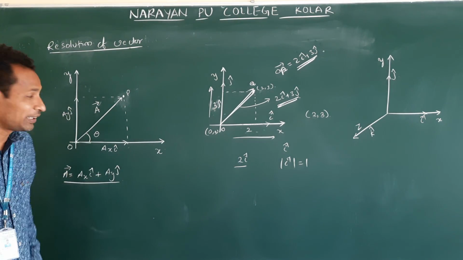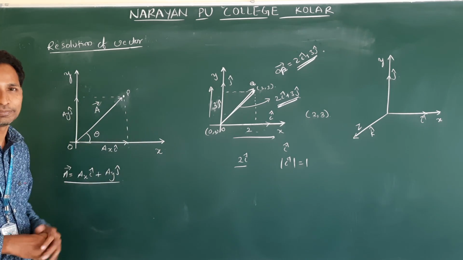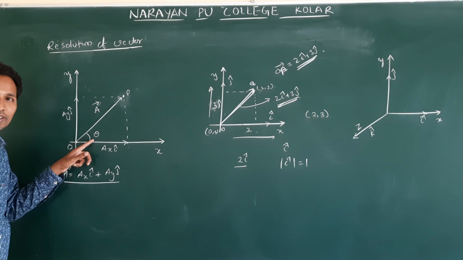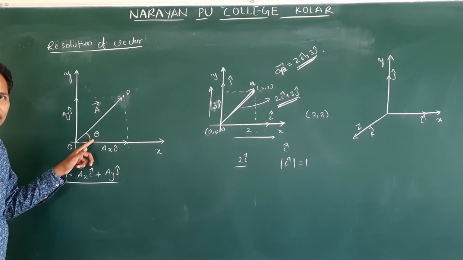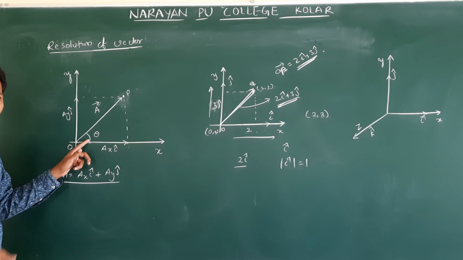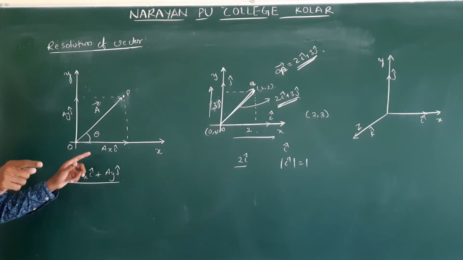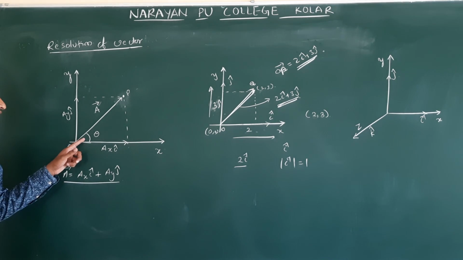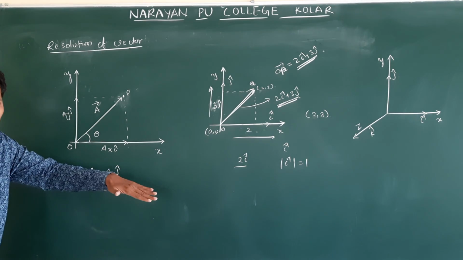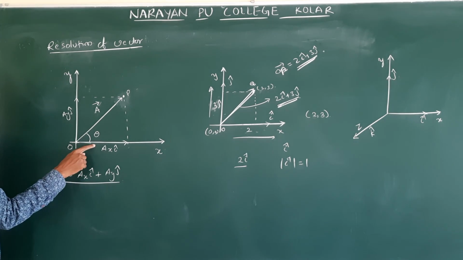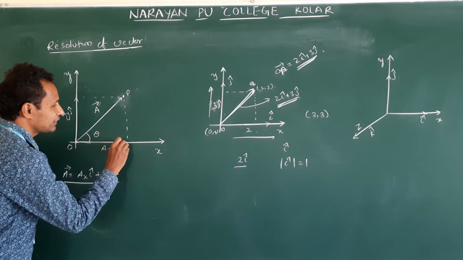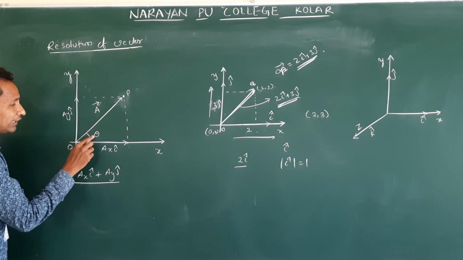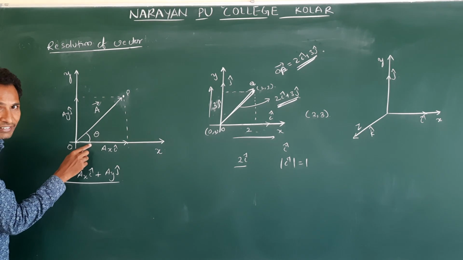You are saying. But in physics, how do we say? Take angle, take left turn, that we cannot say in physics. That we can represent by using theta, by using angle. How do we say common language in physics? Take 90-degree turn. Understand? So here theta specifies the direction with respect to what? X direction. With x axis, this is horizontal axis, this is vertical axis. Theta is the angle between the vector and the horizontal axis.